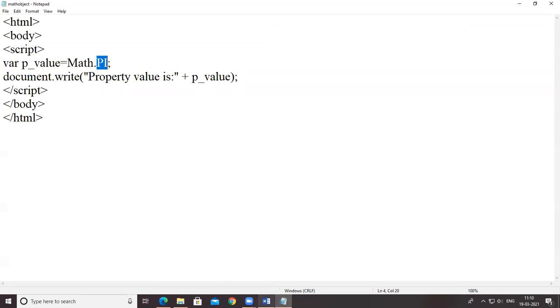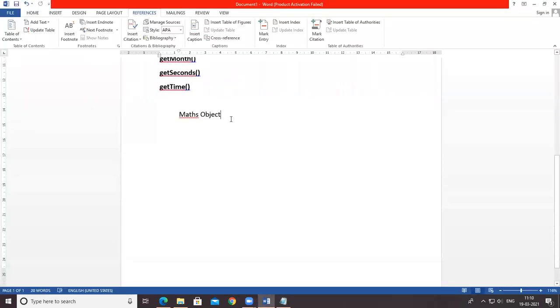Then the next part is the JavaScript function. A JavaScript function is a block of code designed to perform a particular task. In different languages, functions are used, but the purpose of functions is the same, that means to perform a particular task. A JavaScript function executes when something invokes it, that means calls it.